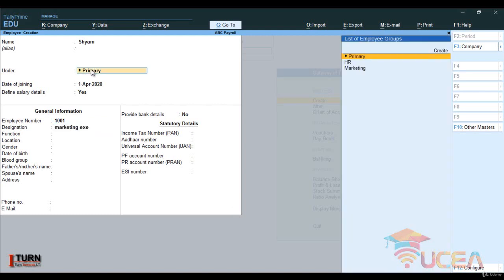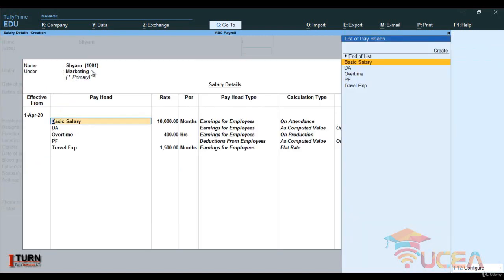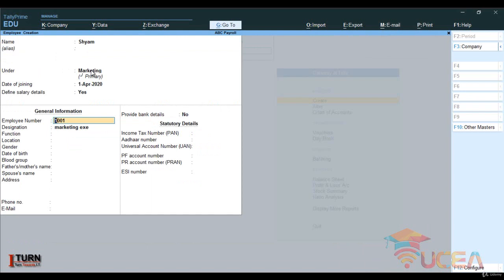Okay, under here you will have to select the department actually. Sorry for this. So it's going to be under the marketing department. Okay, function, location, you may give all the details over here, gender male, date of birth, address and all. I'm skipping this part, you may give it here. Go ahead and save it.